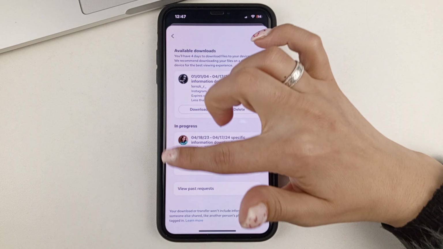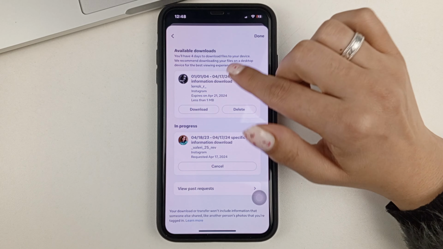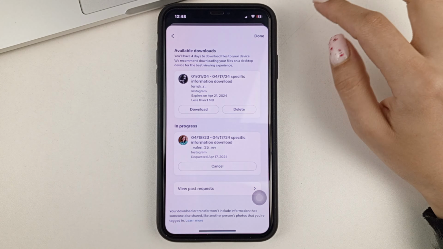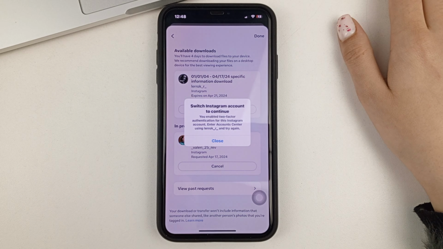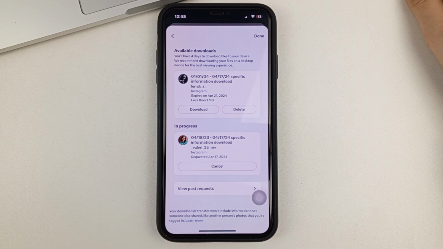And this is where you'll see a file like this. And at this point, it is in the process of downloading. Once the request is done, you'll see a download button on this file. As I did beforehand, I have that button, and then you will be able to click on it. And the information will be uploaded to you in the video file, and you'll be able to easily view and check your submitted Instagram friend requests.